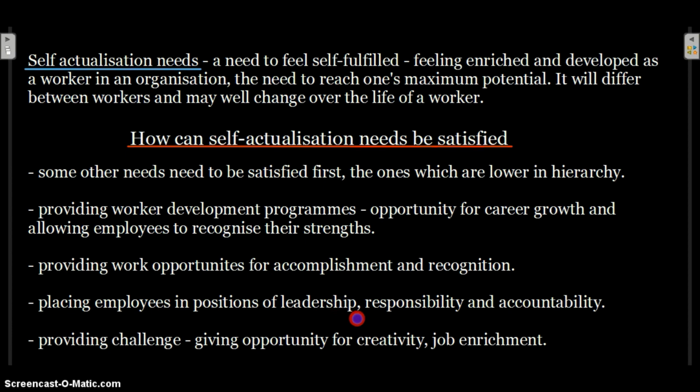Placing employees in positions of leadership, responsibility, and accountability. Like you can say promoting employees, putting them on a higher level, higher status, a more responsible job. So they are put in the position of leader, responsible, they are accountable. That usually helps an employee to fulfill his maximum potential, to become more recognized, more accomplished, feel more satisfied with himself. Providing challenge, giving opportunity for creativity, job enrichment. All these things should also be provided to reach these